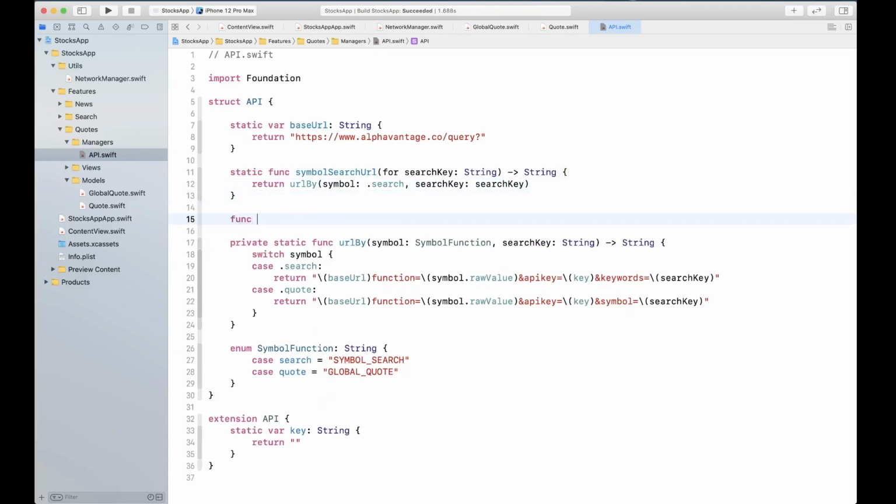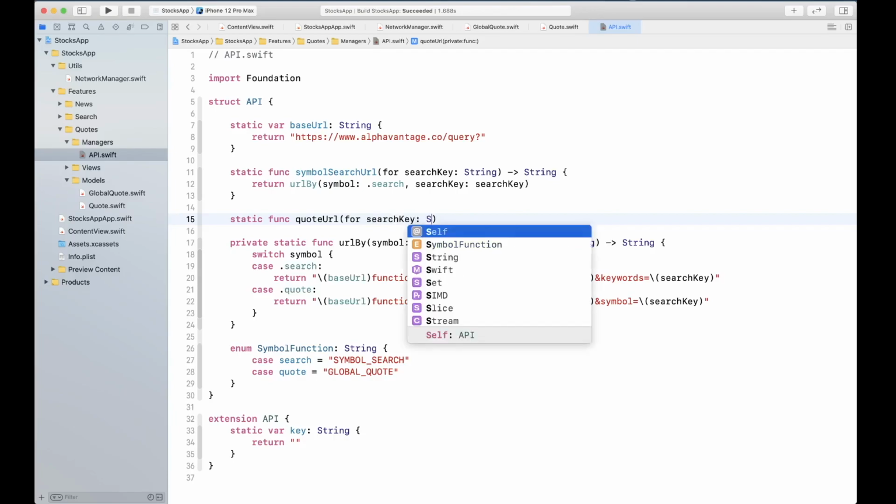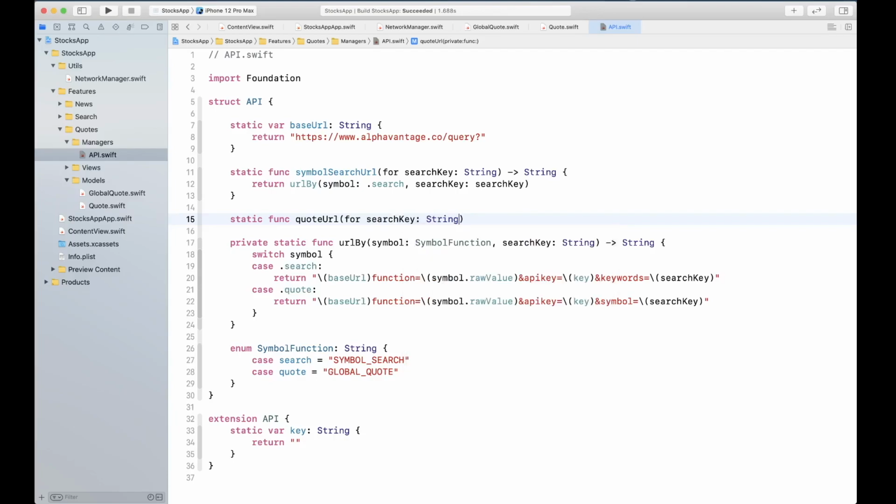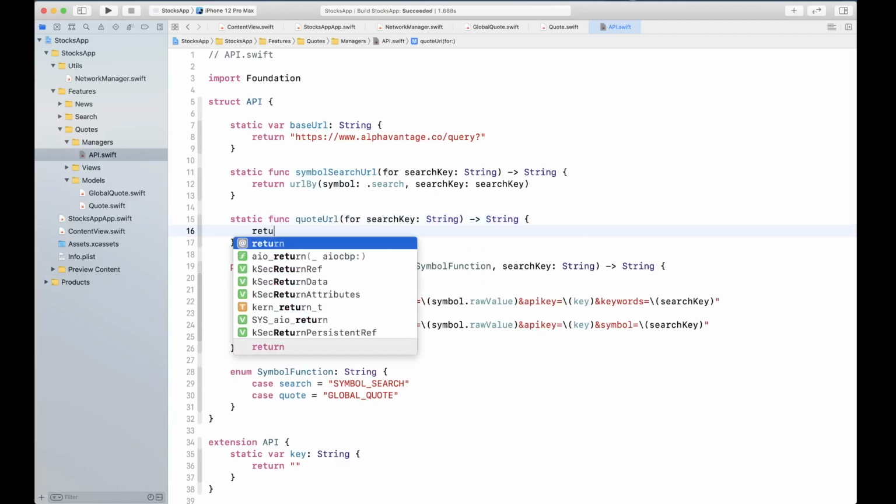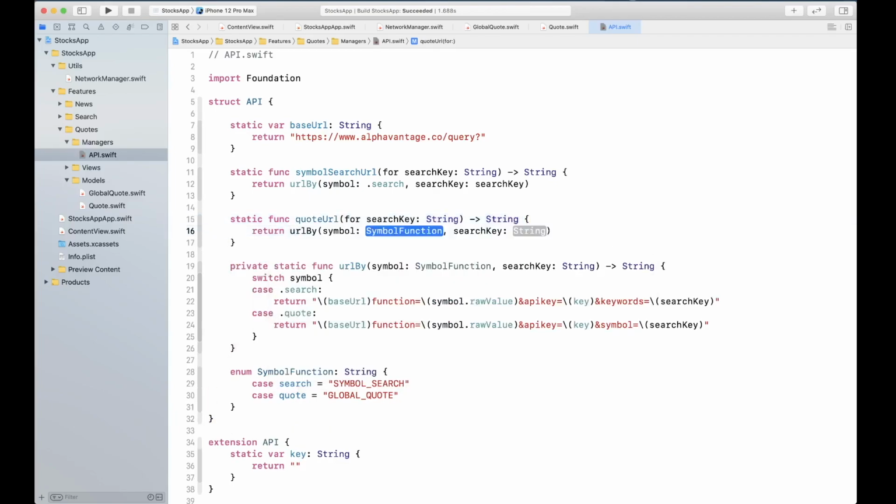Okay, similarly, we're gonna create a static function for quote URL. Okay, all right.